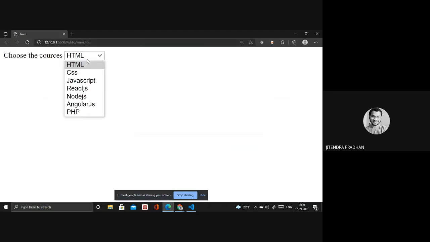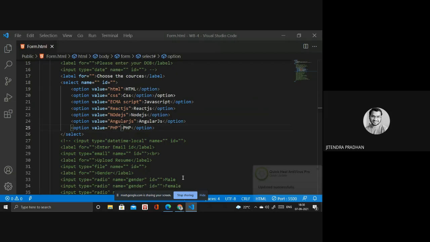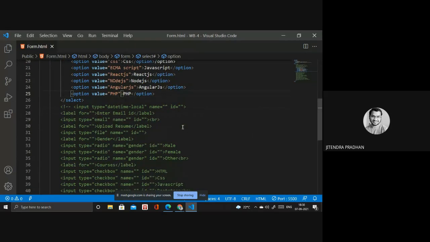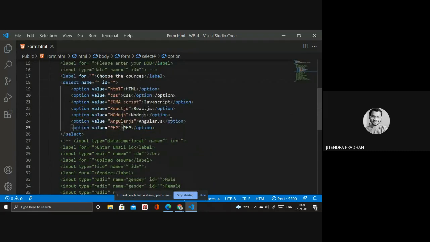So nothing will be changing inside that, but when you submit the data, it goes to the server. When the data is required for any purpose, you have to get it from your server or database. I hope you understand how we are using the select box and input. If anything in the form is left, please write in the chat box, so I will let you know all this concept.